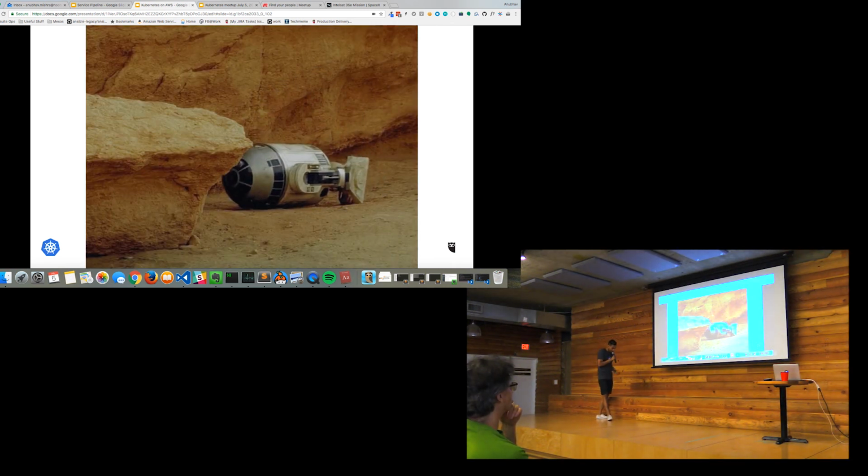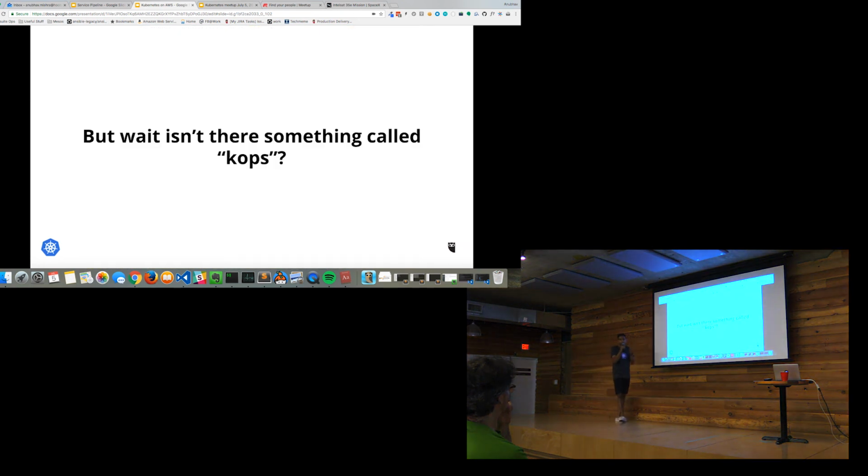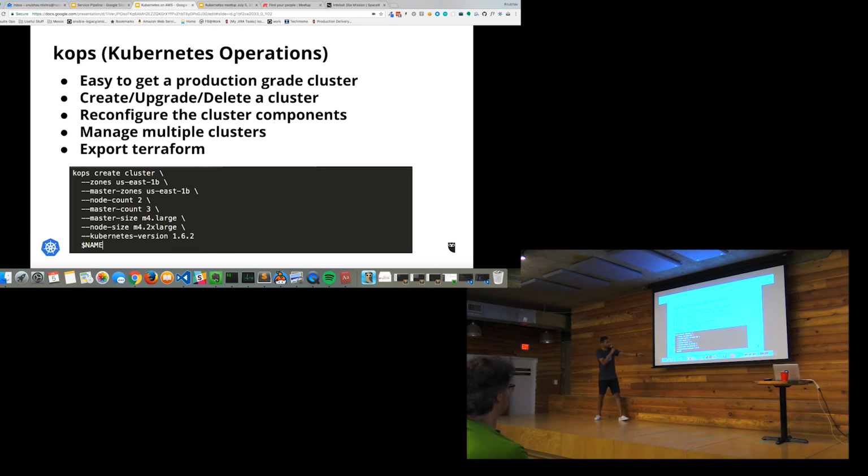All right, so after a really, really long time we realized that the community is actually shifting beneath us. The huge Kubernetes community came up with something called KOps, or COPS, or whatever they call it. It's a super awesome tool, supported by the community, which lets you create production-grade clusters with ease. With just one command, I can create a cluster and then manage multiple clusters really easily. There were reasons why we couldn't use it, because we wanted to do all this custom Vault stuff, so we ended up not using it, which is unfortunate.